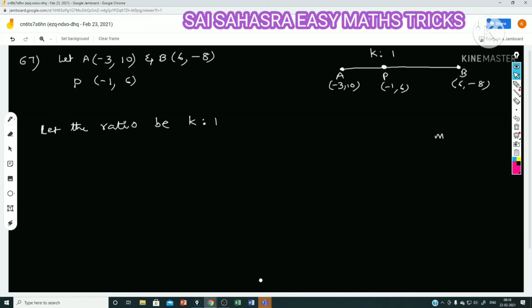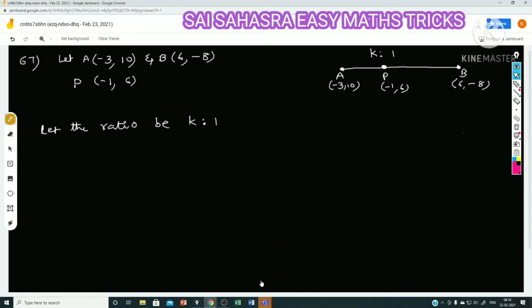See, m and n both are unknown quantities. Actual ratio is m is to n. Divide both sides with n. So m by n you assume with one constant k, is to n by n is 1 only. So that k is to 1, like that only I have taken. To make my calculation as simple as possible, I am selecting one of the ratio terms as 1. So that is why I selected the ratio as k is to 1.